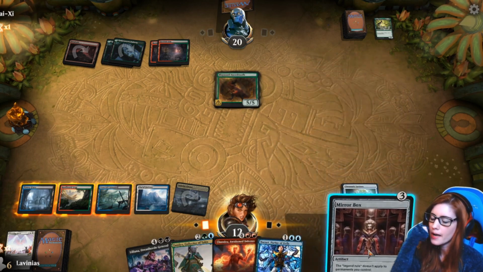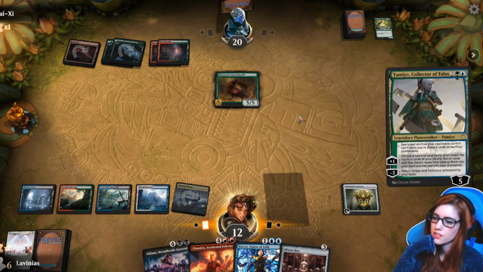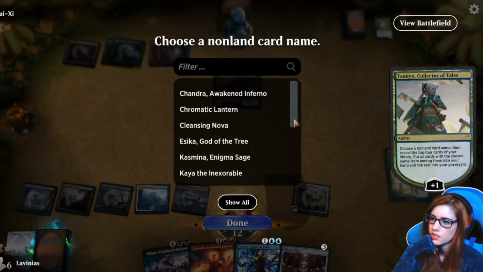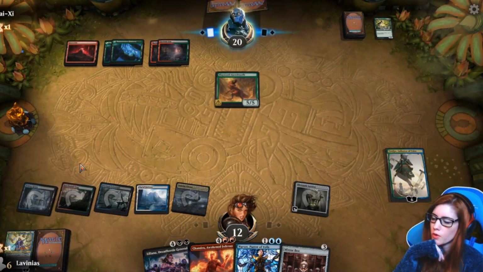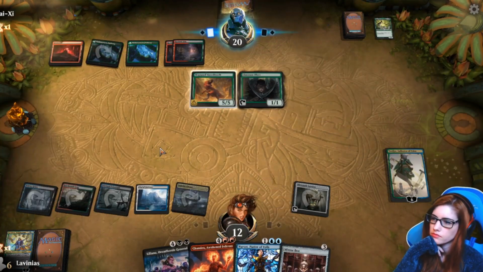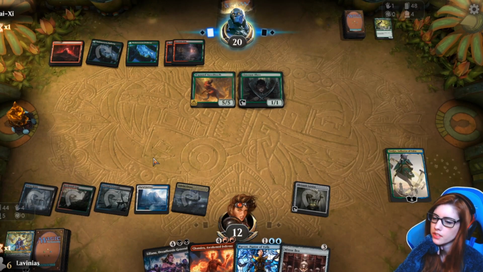So unfortunately, that's tapped. Decisions. I think I'm going to go Tameo here, if we can find our Iska God. Yeah, we did not. Fine, that's the next 4 cards. We wouldn't have found her anyway, so I wouldn't have found her with Narset either. I would have had either the Narset or the Kasmina to get, but that's...